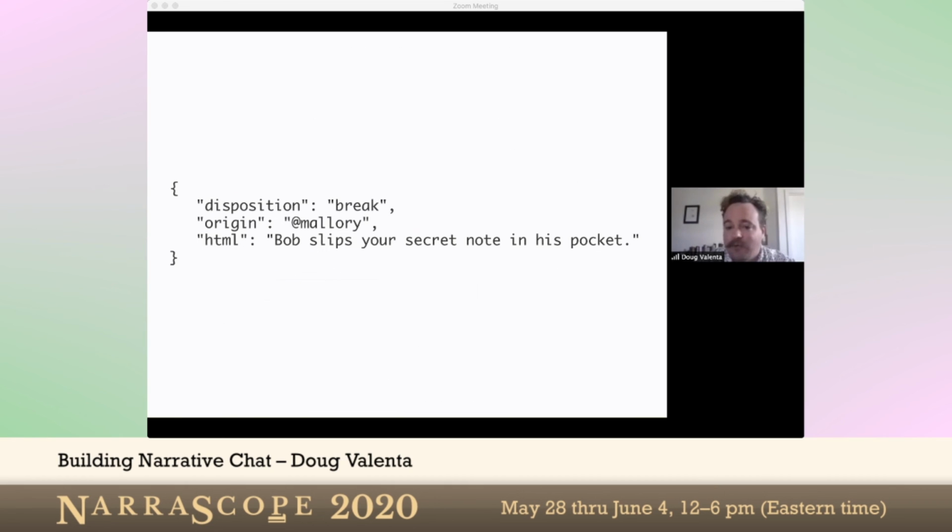So for us, this is just a quick sample of encoding. This is more or less what the output of our actual narration engine is. It is JSON. It has a disposition. It's going to tag who the player is who created this emote to begin with, and it's going to include an HTML version of the printed emote. In this case, we don't have any tags, but this is where we would allow, for example, things like emphasis marks. We allow players to emphasize words by placing asterisks around them, and those would be represented here as HTML tags.